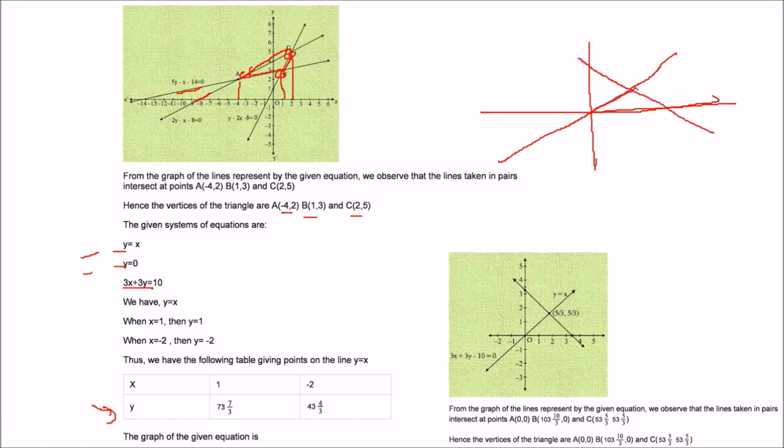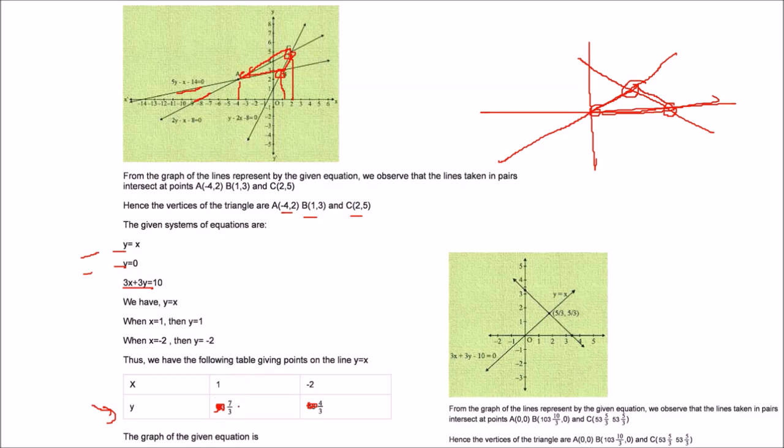This is our triangle. This is one point, 0, 0. The other point is this one, and the other point is this one. It will come as 5 by 3, 5 by 3, like this. What we have done here is, as I stated earlier, we need to put certain values so that we get proper integral values, so that we can mark it on the xy axis.